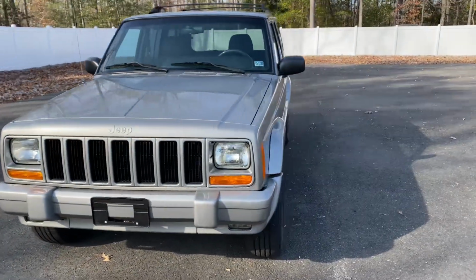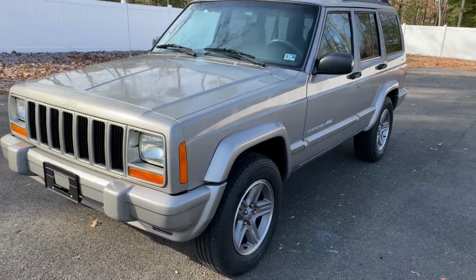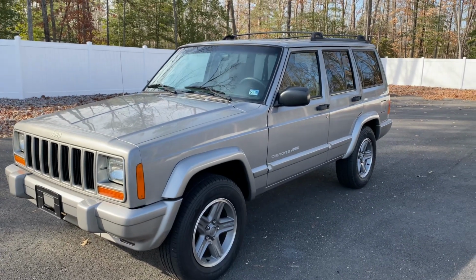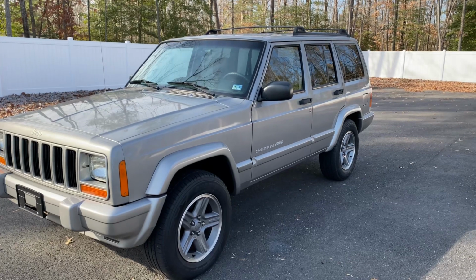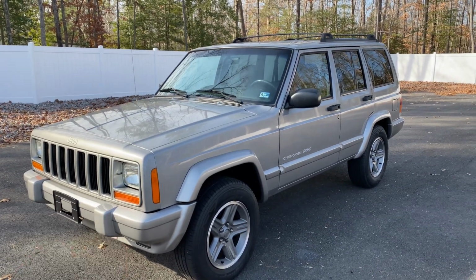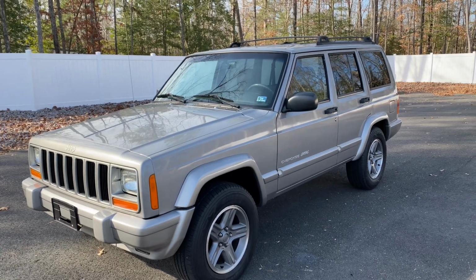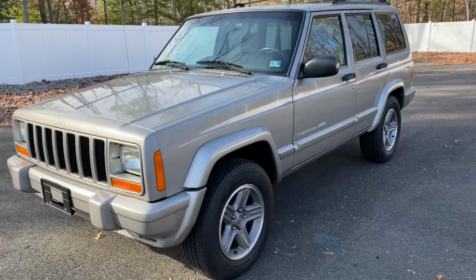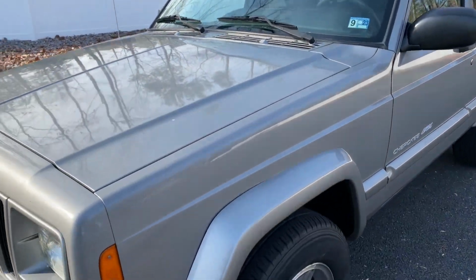So I'm going to go over all of the cosmetic imperfections that this Jeep has. So option one, and this is going to be laid out on the site, is you're going to be buying this Jeep with these imperfections. With that said, we're still going to detail it, but these imperfections will stay. Front fender,